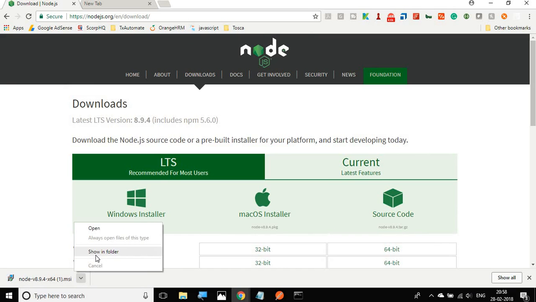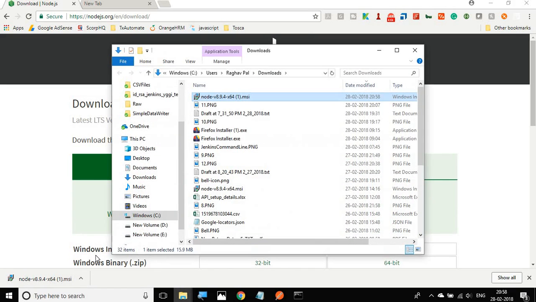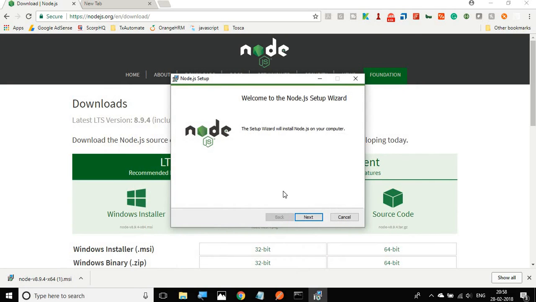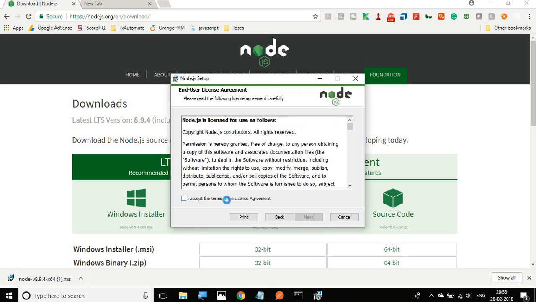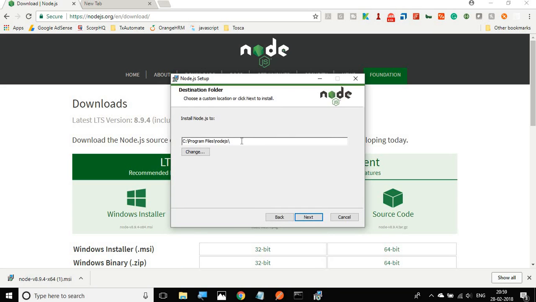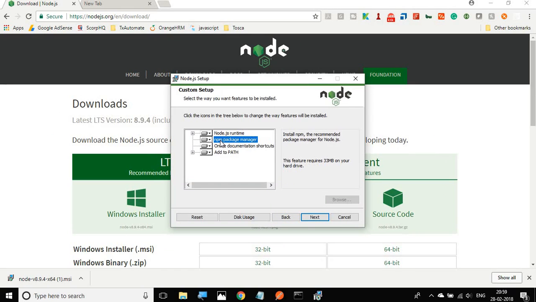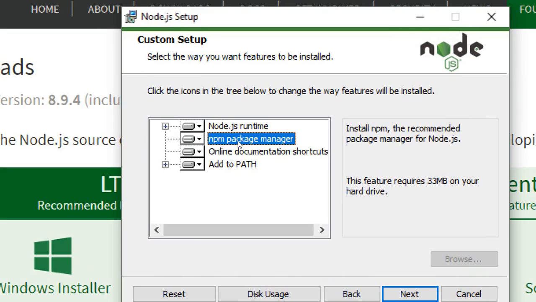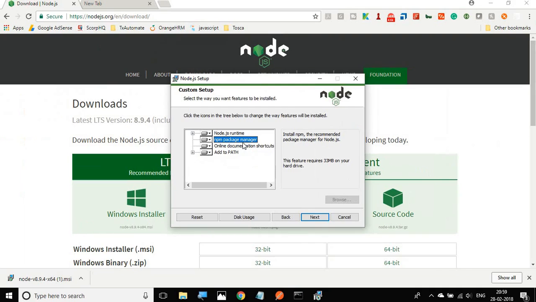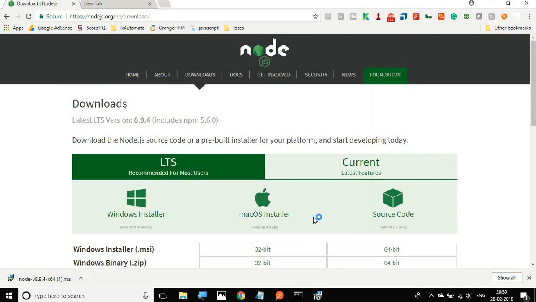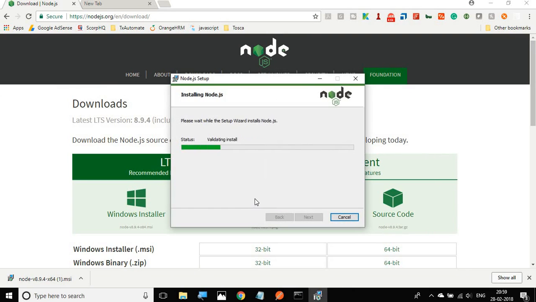Once this is downloaded, I will go to the location and run the installer. This will start. So let me click next, accept, and say next. It will install Node.js in this location. Say next, and here you can see the npm package manager is also getting installed. Hit next and then install. In a couple of seconds Node will be installed on your system,